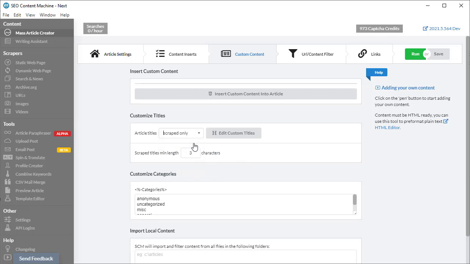If you're using scraped only titles, there is a minimum length filter which you can apply. By default, the minimum length is set to 3 characters. If you want to use custom titles, you can enter your custom titles by clicking on the Edit Custom Titles